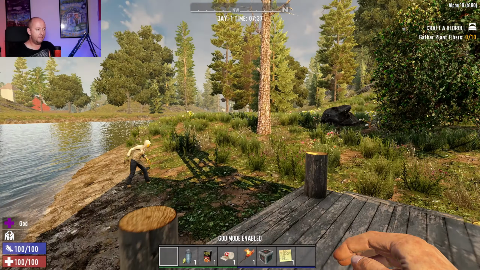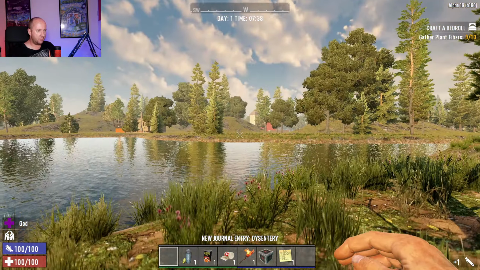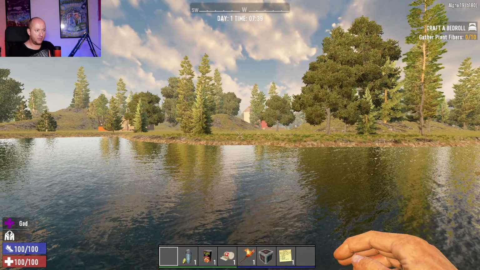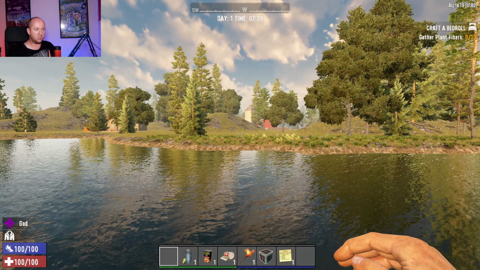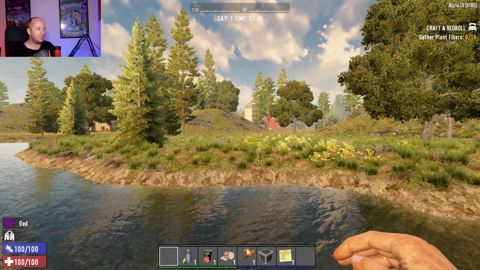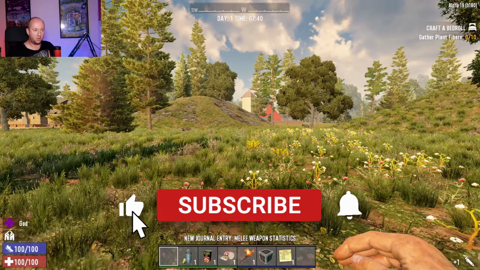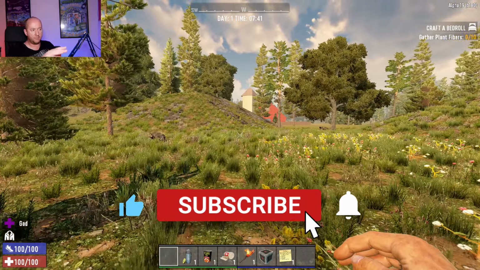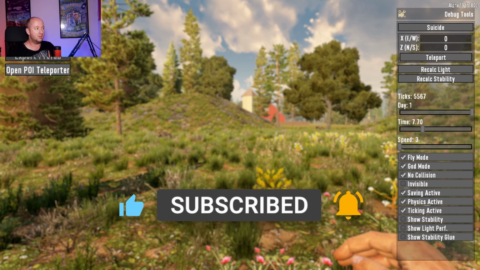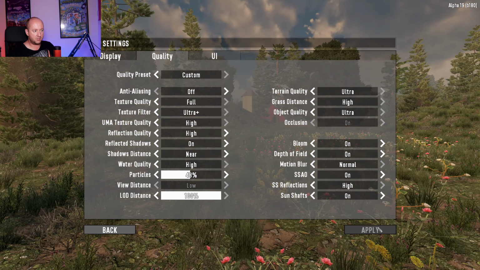Okay, we're back in game, and now you'll see if you look at the grass specifically on that bank, you can see as I come closer, the grass will start popping up. It will start appearing. My frame rate is suffering a bit currently because of all the settings I do have turned on. But you can see as we go up the hill, there's a perfect example of that, your LOD distance. So now if I go back to our video settings and I crank it to max,